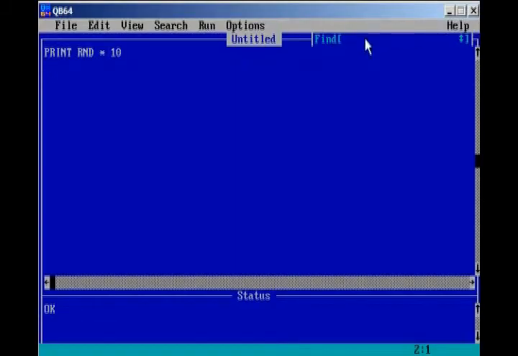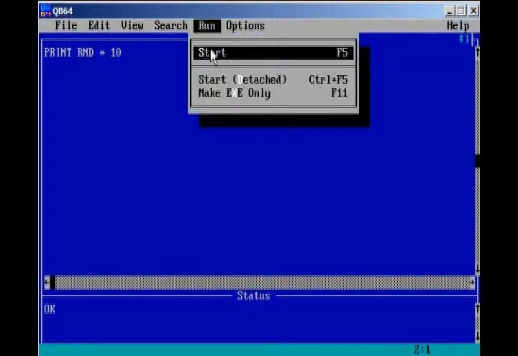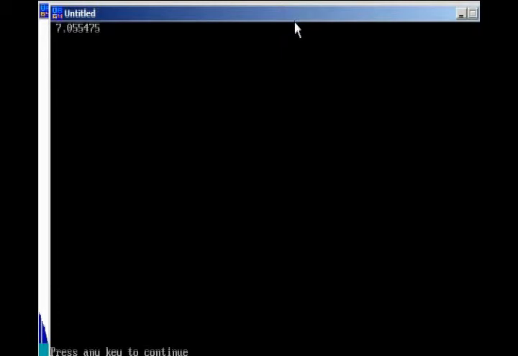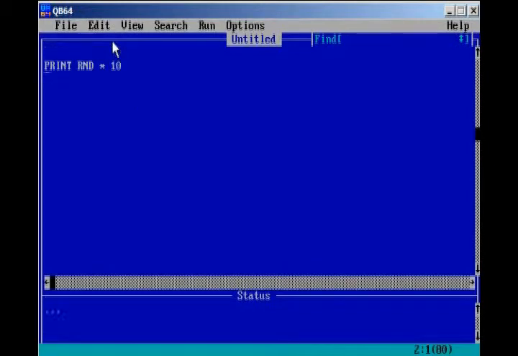as you can see, that's a pretty random number, right? Now, you'll notice, though, that if we run it again, we get the exact same number, which is a random number, but the same number is being used repeatedly, and we don't want that. So what we can do to fix this problem is put in RANDOMIZE